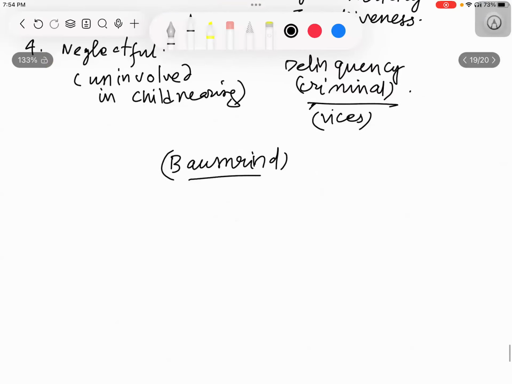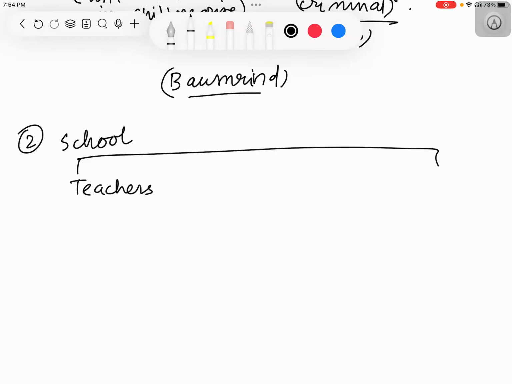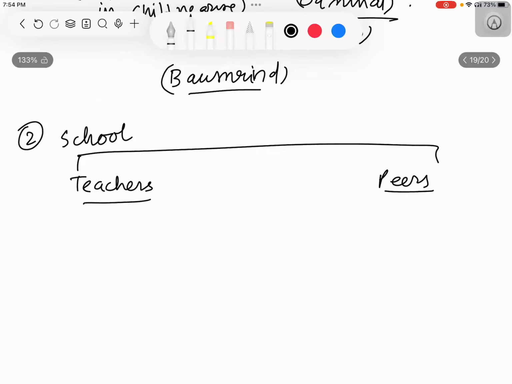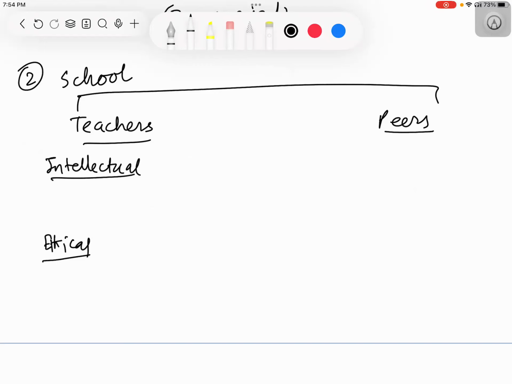So this is all about family. Similarly, if we talk about school, you can talk about it in terms of teachers and peers. Here also you can think of many values. Teachers inculcate values. These are intellectual kinds of values, and they also develop ethical values. Intellectual values are related to the subject, for example patriotism or nationalism, cleanliness,